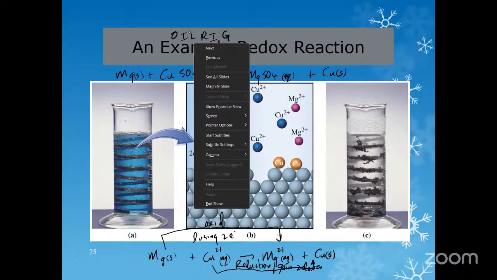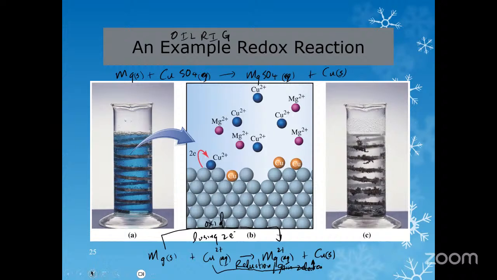Another thing I want to stress is that we can look at oxidation and reduction in terms of changes in the oxidation numbers, right? So if you remember, we said that if the oxidation number increases for a particular atom, then we say it's undergoing oxidation, which is what we see here in the case of magnesium, because magnesium had an oxidation state before of 0. Okay, so magnesium has an oxidation number of 0 here, but over here it's +2, so there's an increase. So therefore, the magnesium is said to undergo oxidation. On the other hand, the oxidation number of copper is +2, and over here is 0, so therefore it's undergoing